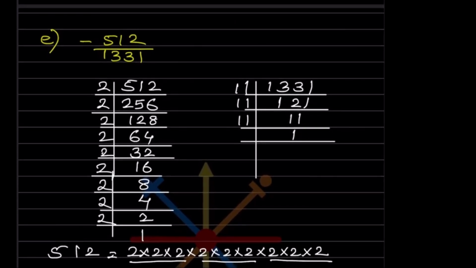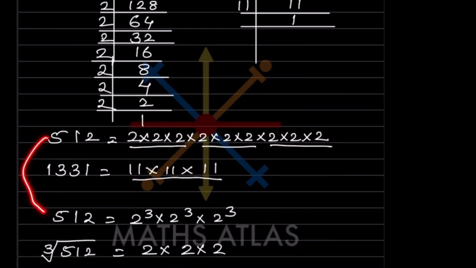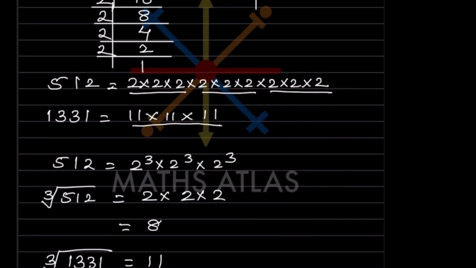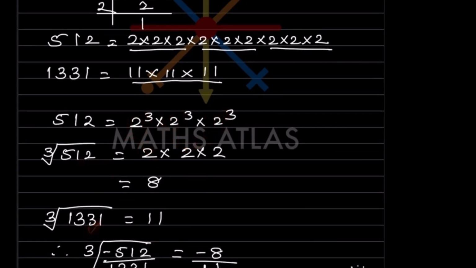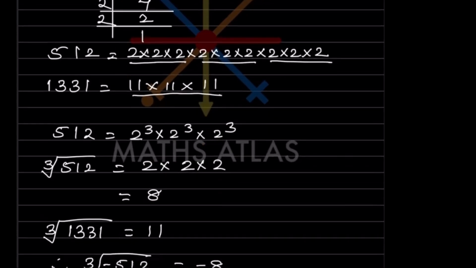Here again, first thing, you are not going to look at the negative sign. Just take the factors of this one, separate from the factors of this one, because this is a fraction. So you get the factors here. I have written it over here. Now you are going to group them, 3 each. So now what do you get for this one? That is 2 cube, 2 cube and 2 cube, 3 times the same. So the cube root of 512, just take the base of it because all are cubes, 2, 2 and 2, that is going to be 8, and the cube root of 1331 is just 11. But now we want it with the negative sign because it is negative here.